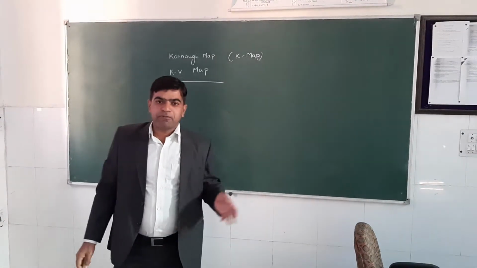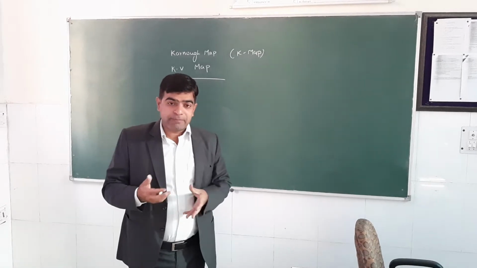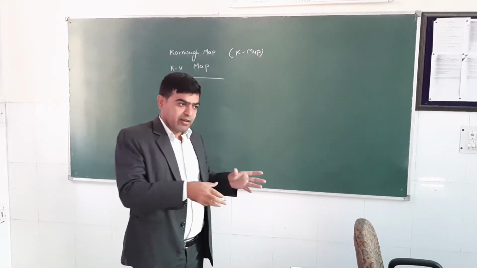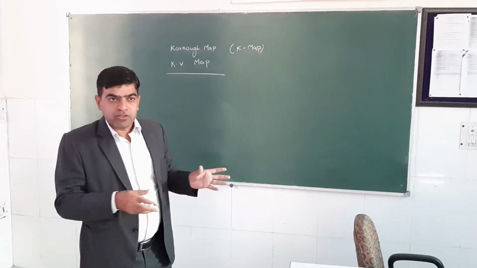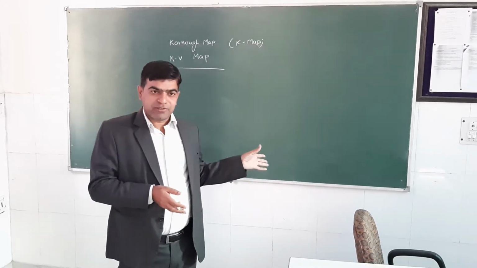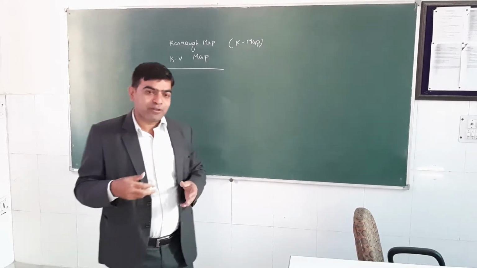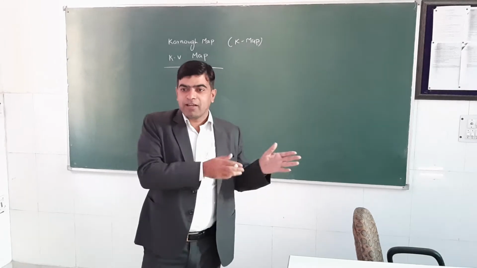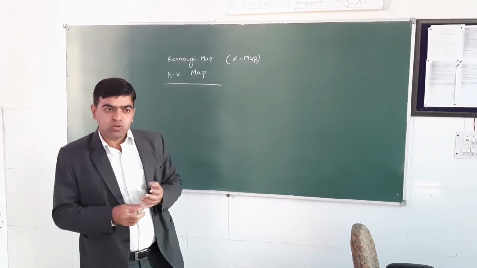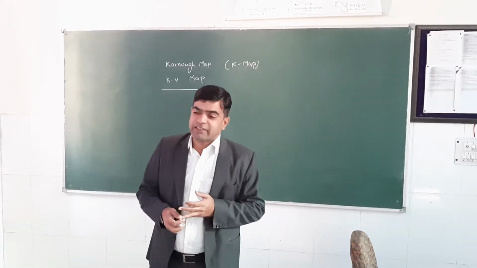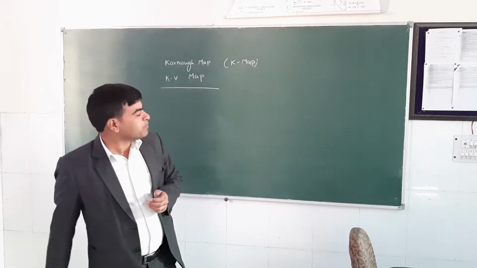By using this map, we can express a logical Boolean expression in the form of a truth table using the Karnaugh map. It is very interesting, and somehow it looks very different from other truth tables. I will discuss here the two variable, three variable and four variable Karnaugh map in this short video.